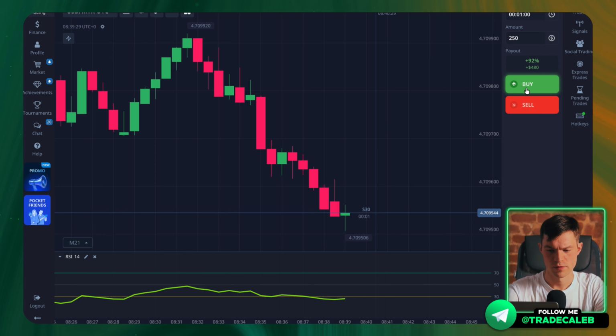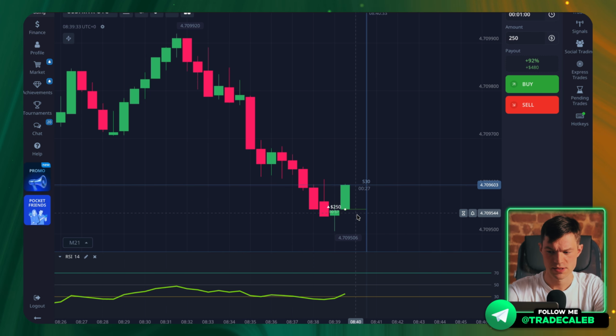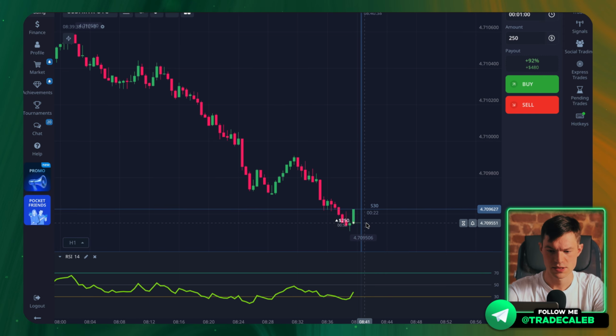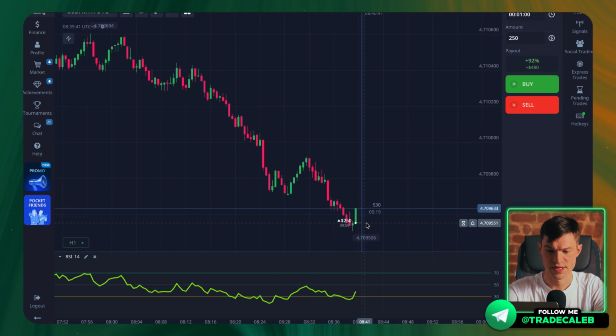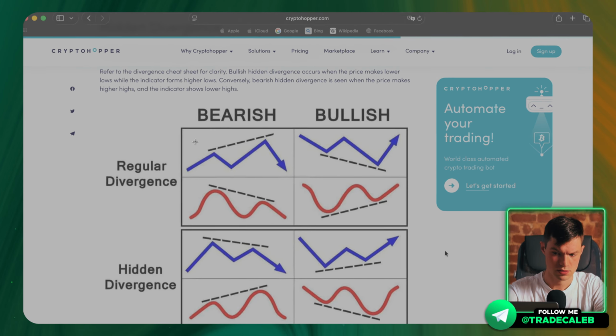I'm currently observing the formation of a Doji candlestick. I won't invest my entire balance, that's a bit risky. I'll open one upward trade. So as you can see, the price responds immediately with an increase,